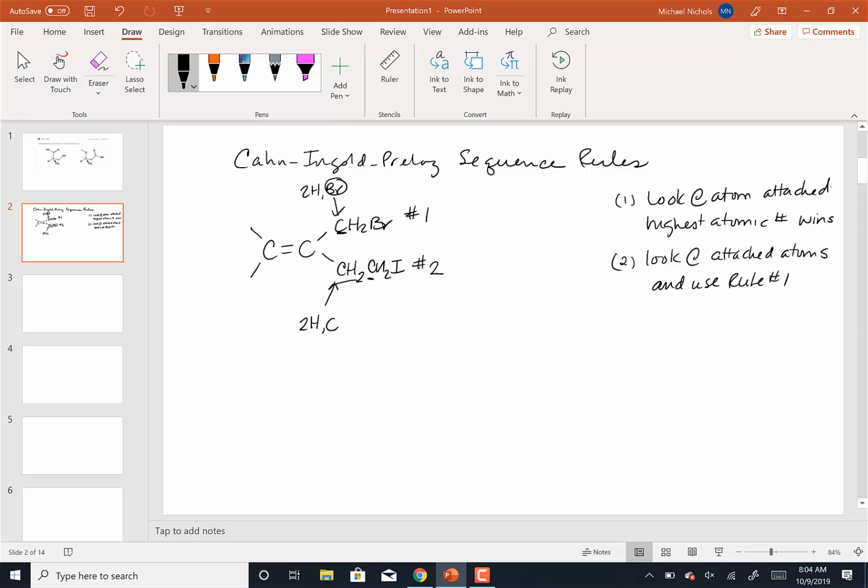That's for Zusammen and Entgegen. Entgegen is across, Zusammen is together in German. So it sets up an easy cis-trans system that I can use to determine E or Z. But the Cahn-Ingold-Prelog sequence rules are what we use to determine priority. So let me give you